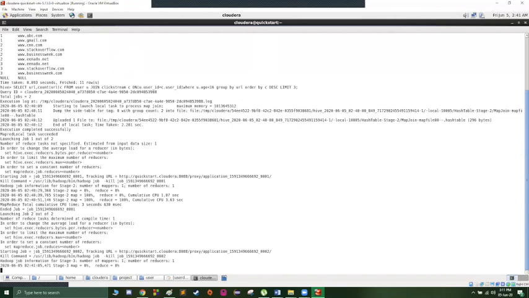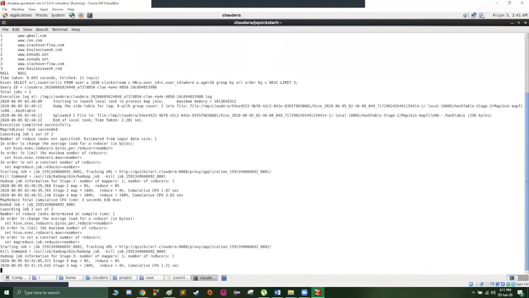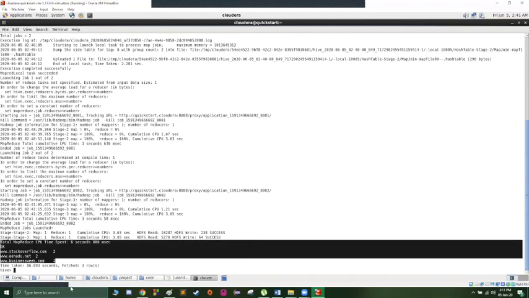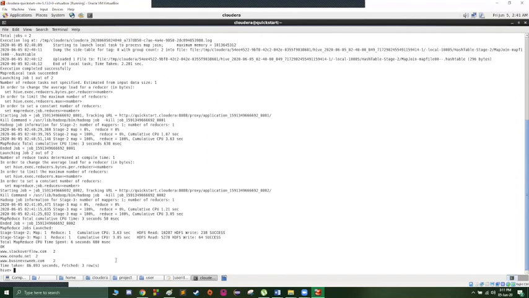Stage 3 has been launched now, so the map function is going on. Yeah, so the map function is done, and just the reduce function is left, and then we'll see a result. Yeah, so this shows me the first few entries of the users who were below the age and which website they were in. Yeah, so this shows me the first few entries.